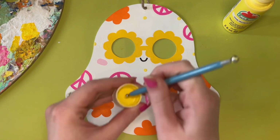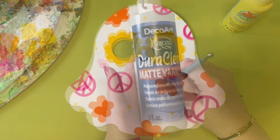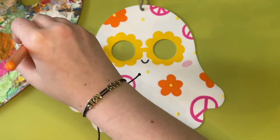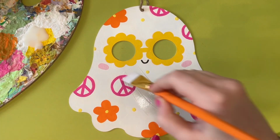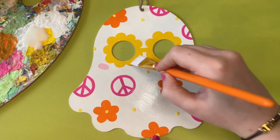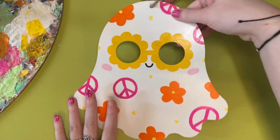But once that was all finished, I pulled out this pale yellow again and did the little centers of each flower. I then pulled out some matte varnish. I then got to work varnishing this little guy. I did several little coats, and once the front was finished, I ended up needing to do the back of